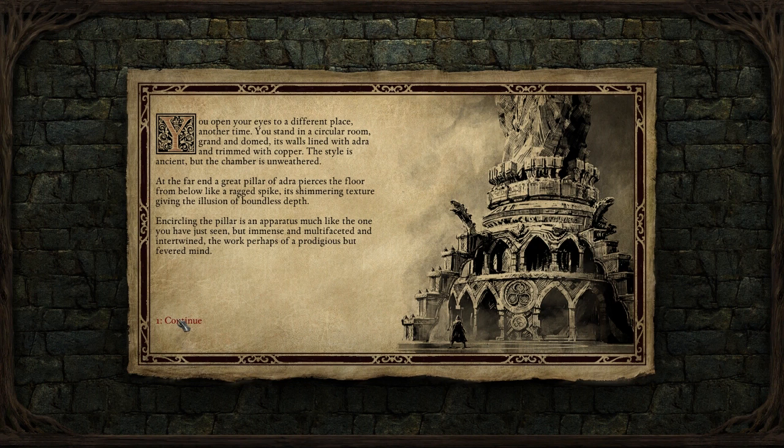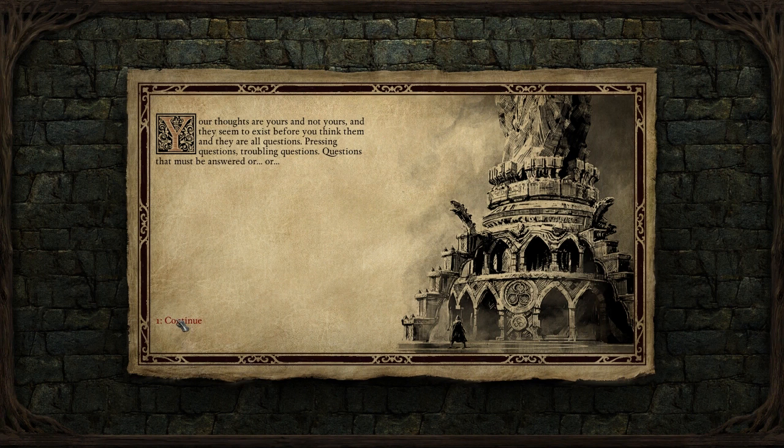Encircling the pillar is an apparatus much like the one you have just seen, but immense and multifaceted and intertwined. The work of perhaps a prodigious but fevered mind. Your thoughts are yours, and not yours, and they seem to exist before you think them, and they are all questions. Pressing questions, troubling questions, questions that must be answered, or...